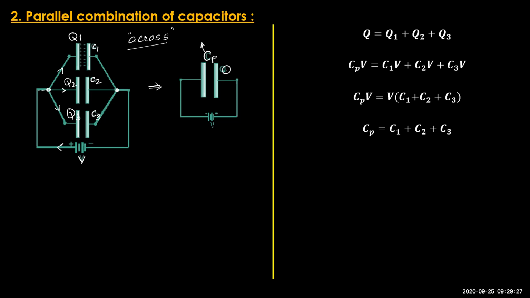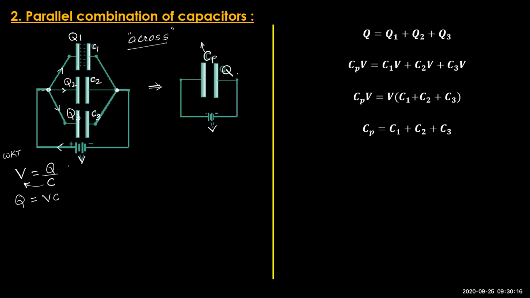Let Q be the total amount of charge present in the capacitor, which is connected to a potential difference V. Here again we can consider the relationship between Q, V and C. In the previous case, we took V is equal to Q by C. We know that V is equal to Q divided by C. Using this, we can write Q is equal to V into C. If I transpose C to the left hand side, I get Q is equal to V into C.